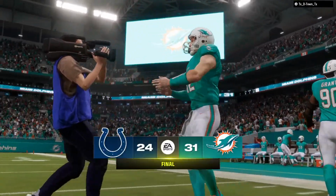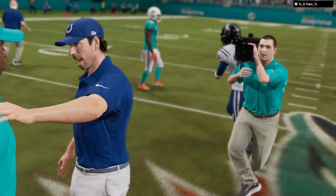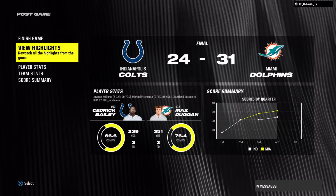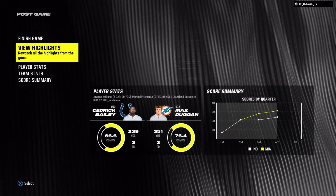So a victory here for the Miami Dolphins. And it was their defense that led the way, allowing just 3 points, that lone field goal in the entire second half. And remember the old adage, offense sells tickets. Defense does what? Wins championships. And in this game,